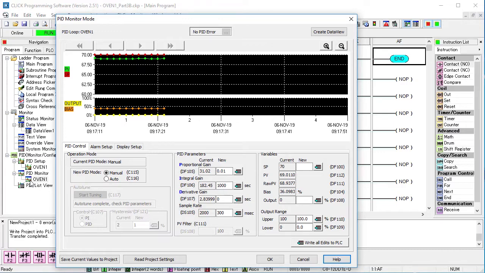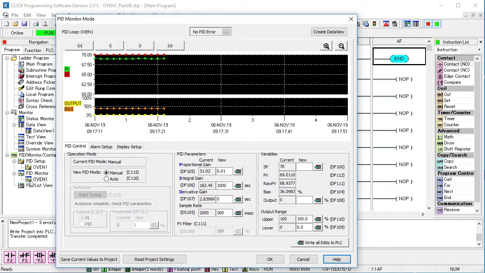Well, because you or someone else may have tuned the PID loop after the last transfer without saving it to the project, and you probably don't want to overwrite that. So by not automatically writing the PID configuration values on project transfer, you're forced to manually write those values yourself, which gives you one last opportunity to stop and think, have I made any changes to my PID configuration? And if so, do I want to save it before overwriting it? There are some buttons here for reading and saving values shown on the screen here, but they only write the parameters you see here. They don't read and write all of the other PID configuration parameters.